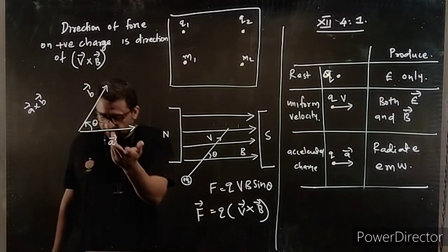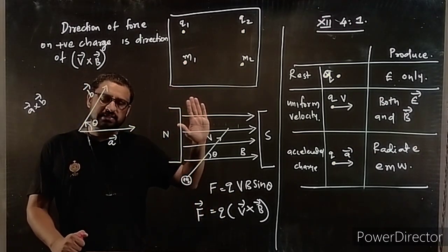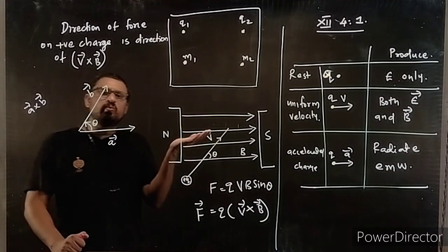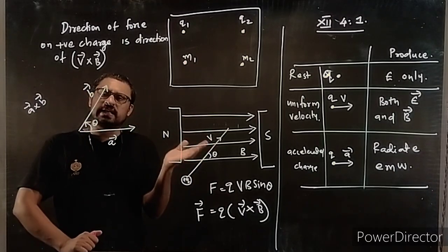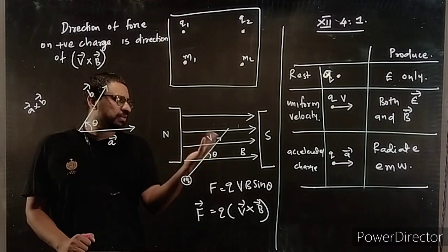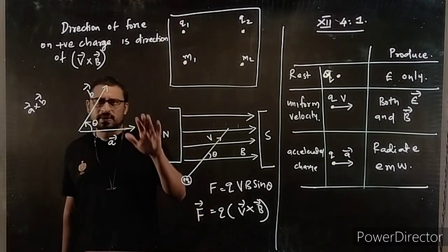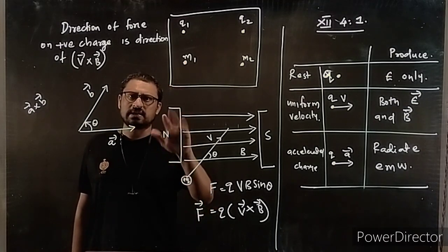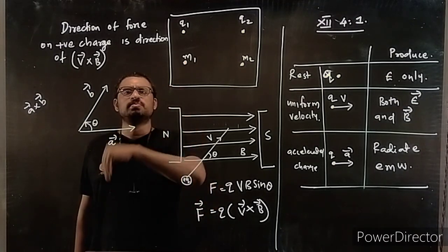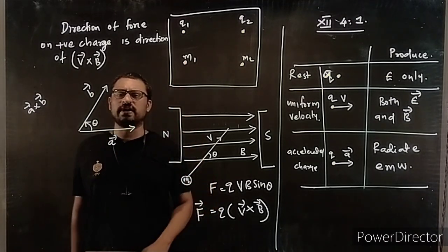Okay, now we want to find the direction of A cross B. You have to use the right hand, and you have to place your right hand in such a way that you can curl the fingers. This we call it as fingers, and this is thumb. You place your right hand in such a way that you can curl the fingers from A to B. Then the thumb will give you the direction of A cross B.